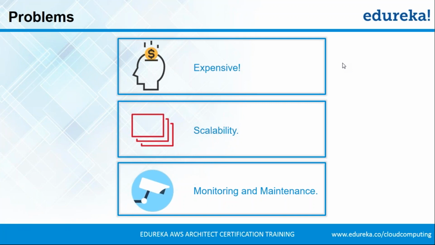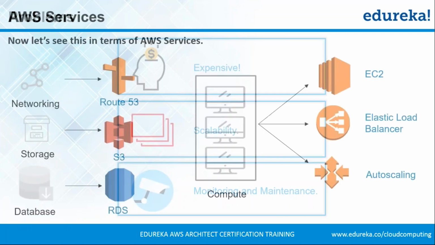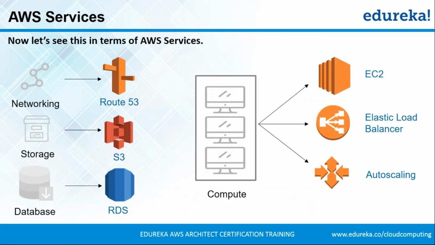Now, since these are the problems, people didn't want to buy their servers on their own, right? They wanted cloud providers. Now, if you were using a cloud provider, say like AWS, let's see how you will architect this problem. So in the networking domain, like I said, there's a service called Route 53, which is a domain name system. So we'd be using Route 53 for that. In place of storage, we'd be using S3 because S3 is a file system offered by AWS. Now in terms of database, we'll be using RDS because we'll be storing the user's information, the login ID, the password, and the product information, which can all be represented in the form of a table. It is structured, and hence we'll be using a relational database for that, right?